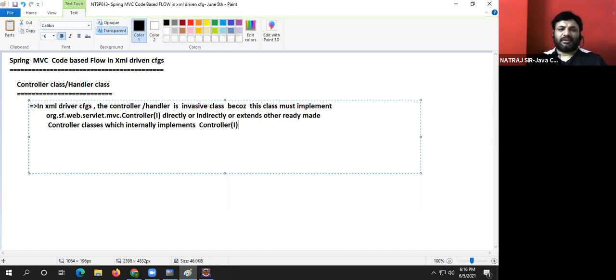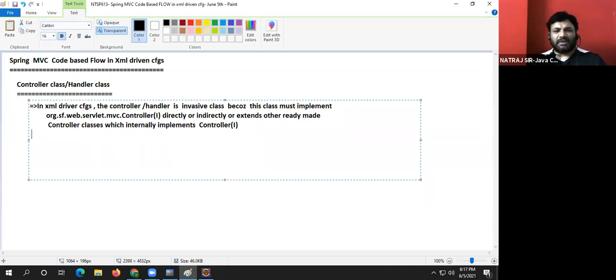the Controller interface. Alright, to develop a servlet, you need not directly implement the Servlet interface. We can extend from GenericServlet which internally implements the Servlet interface, or we can extend from HttpServlet which extends from GenericServlet, which implements the Servlet interface. Remember that, guys? Okay. So ready-made controller classes are